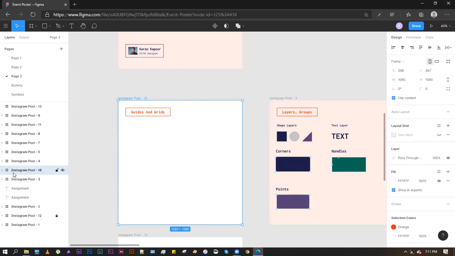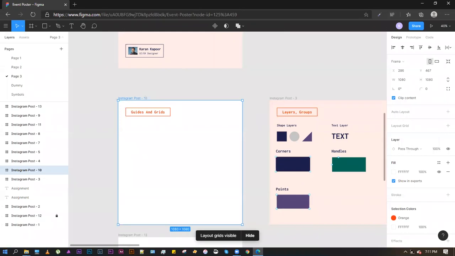Okay, so you can either click on the frame here or the frame here. So everything that you see here would be reflected here, and its properties would be on the right hand side. So let's start with guides and grids. There's a really simple way to create a guide or a grid. You click on the frame, you go on the right hand side, you click on this layout grid and click